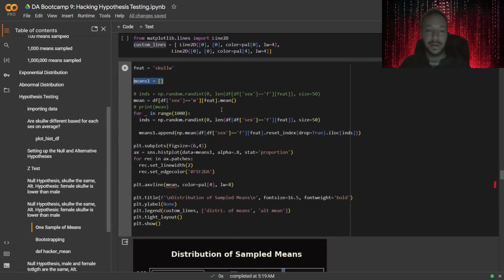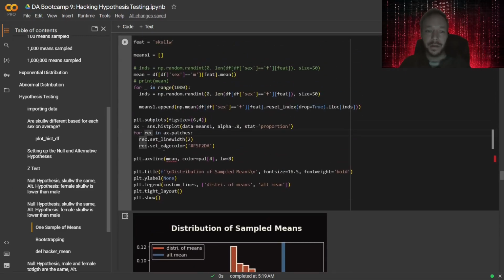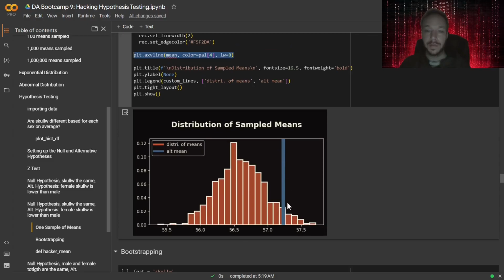I'm then going to do the mean right here of the one distribution. I'm going to get 1,000 samples. I'm going to append all of those samples to means 1, and then I'm going to plot that data after I make a figure. We're going to go for rec, and then we're going to do the outlining of the bars for rec and AX patches. Then I'm going to do the mean from above and plot the vertical line. Okay,